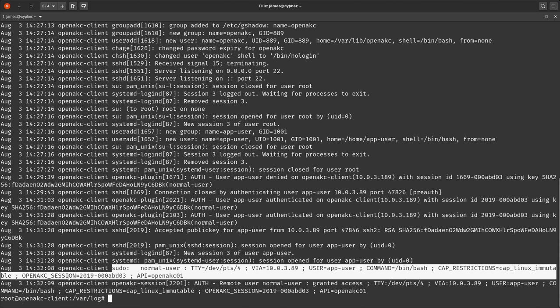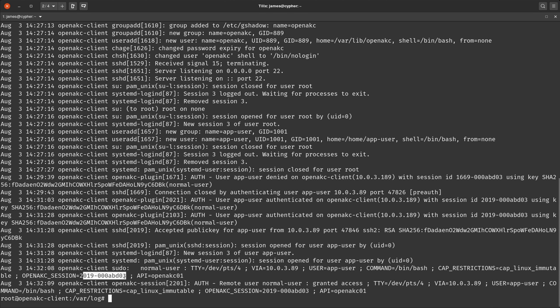And you can actually take this session ID and expand it directly into a keystroke, session recording, keystroke logging file. So you can actually tie that directly to what that user did. Anyway,